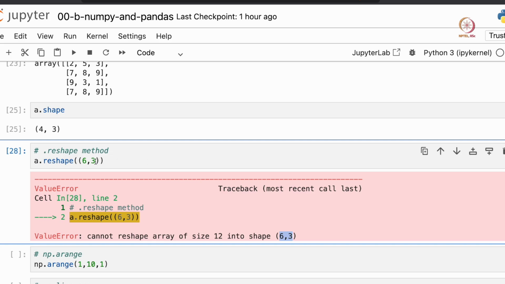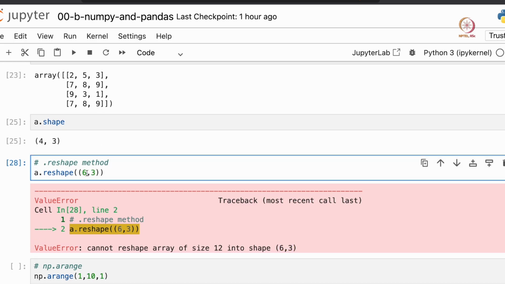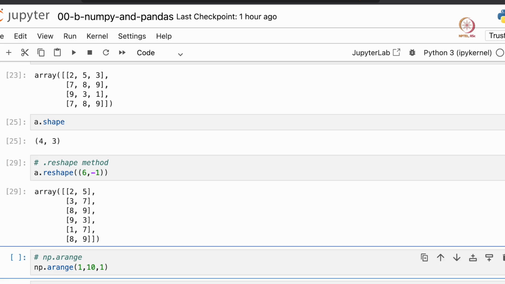Another nice trick with reshape is, say you're sure about how many rows or columns you want, but you do not want to calculate how many of the other you need. So for example, with these 12 elements, I want 6 rows, but I want to be lazy and not calculate how many columns that leads to. So I can always provide -1, and it will take care that it puts all the other elements in a suitable size of the matrix.